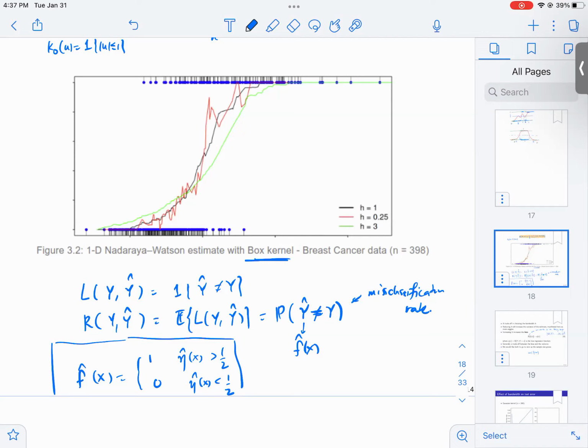If you recall, how do we estimate the risk? Training error. One way to do it is to calculate the training error, but we discussed that training error in general is not necessarily a good estimate of the risk, because it's too low. Yeah, most of the time, but there's a more